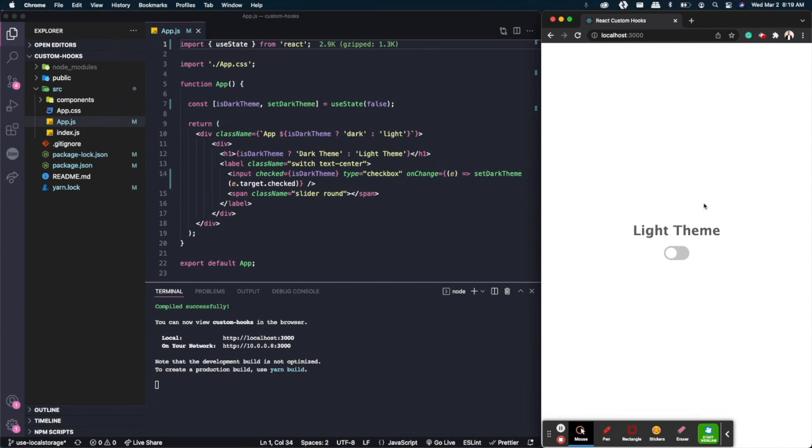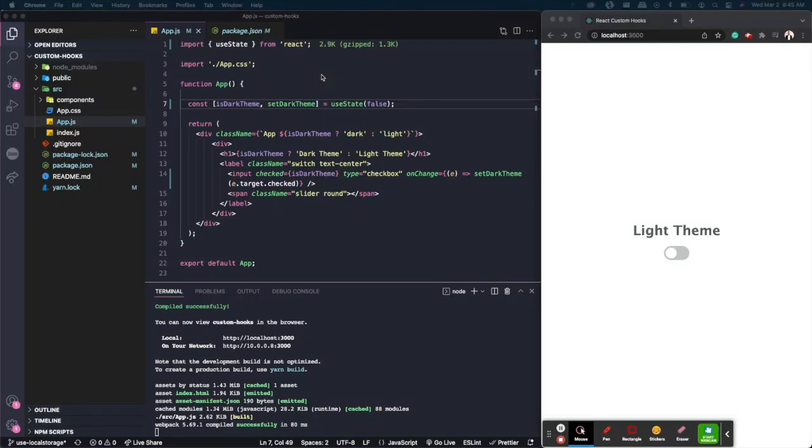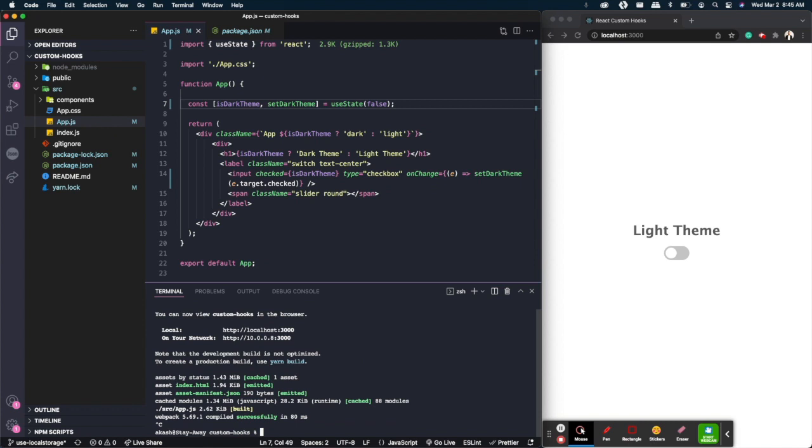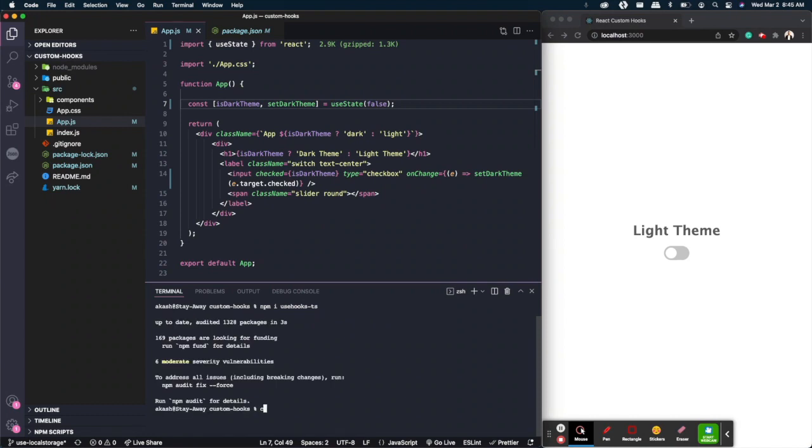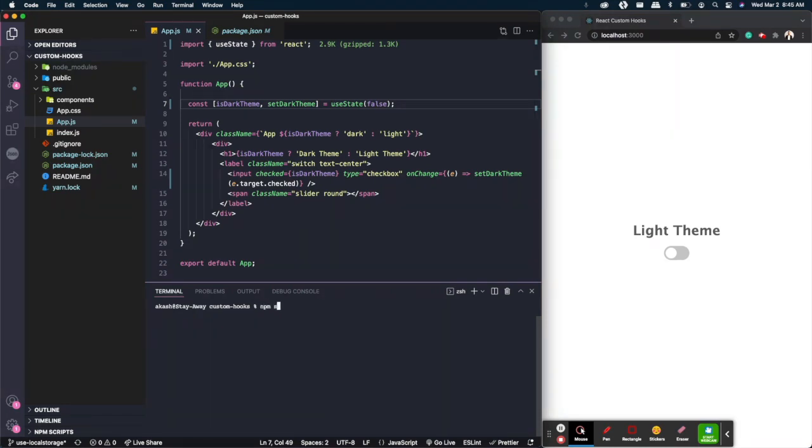So I can use a hook called use local storage to achieve that functionality. So there is a package called use hooks ts that has a bunch of hooks and use local storage is one of them. So I'll go ahead and install that package now. npm i use hooks ts. So once this package is installed, I'll restart the server again,